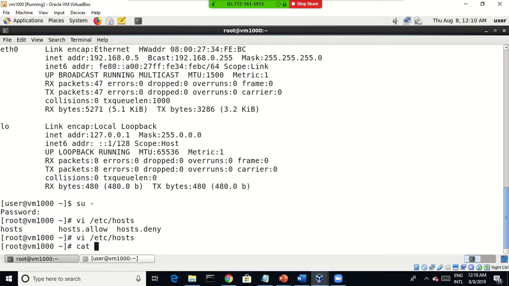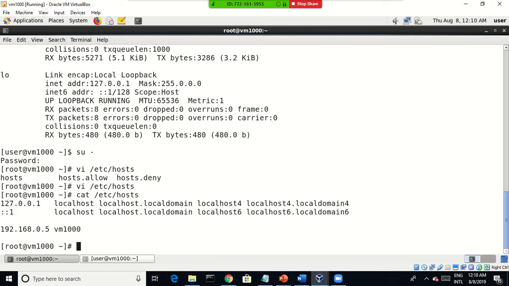cat /etc/hosts means we can read the file. I have entered VM1000. The requirement is that if I ping with this host name, it will be pingable, or you can ping the IP also. It means it can resolve host name to IP address or IP address to host name. We are not integrating with the DNS server. If you integrate with the DNS server, it will automatically resolve the host name to IP,